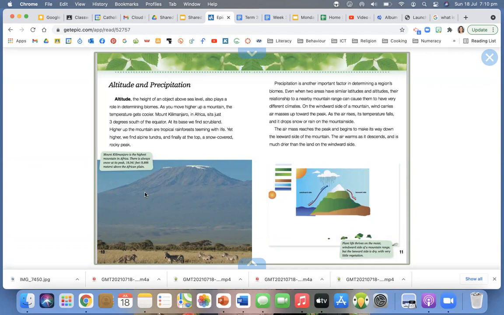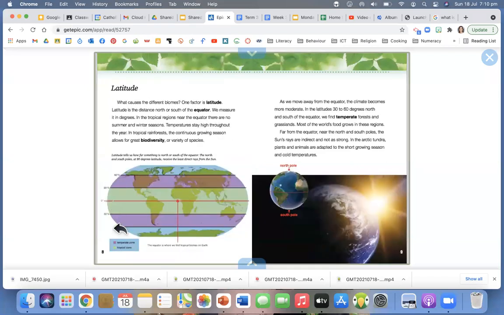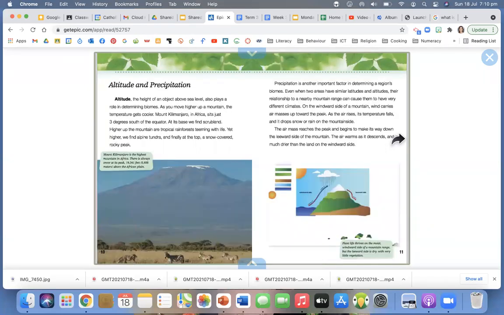Precipitation. So I actually know from prior knowledge that precipitation is rain, another important factor in determining a region's biomes. Even when two areas have similar latitudes and altitudes, so remember latitude, if we go back, is the area near the equator, and altitude is the level above sea level. So if they have similar latitudes and altitudes, their relationship to a nearby mountain range can cause them to have